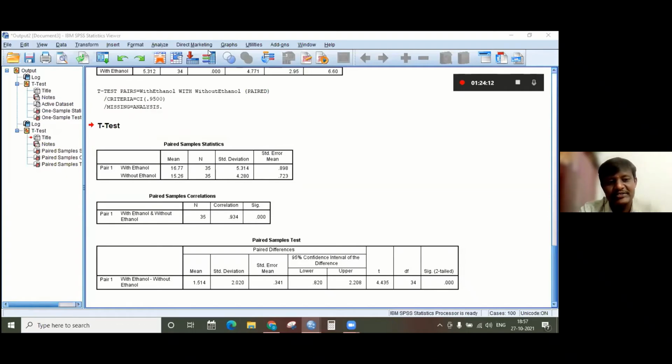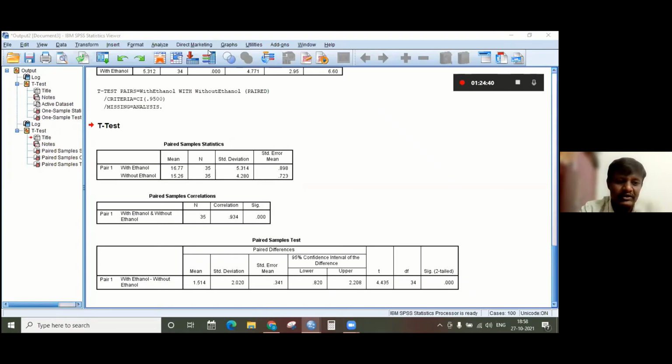So there is a difference of 1.5 kilometers in the average mileage. Even though the significance value says one thing, when you compare the mean values, we see a clear difference when ethanol is added to the petrol.